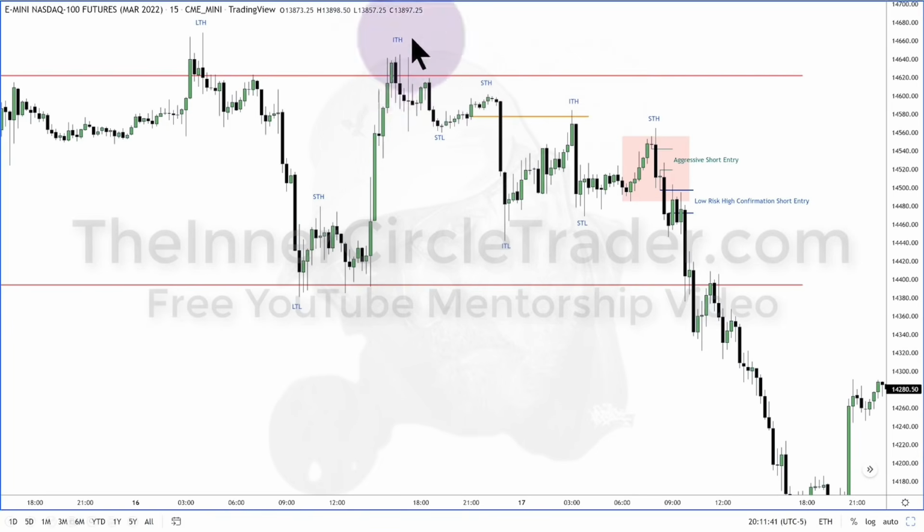Why is this an intermediate term high when it didn't even rebalance anything? Here's a long-term high. Here's a swing high over here and a swing high over here. See that? Long-term high, right? Intermediate term high, short-term high, short-term high, or if you want to use this one, I'm using this one, not classifying this one because this is energetic.